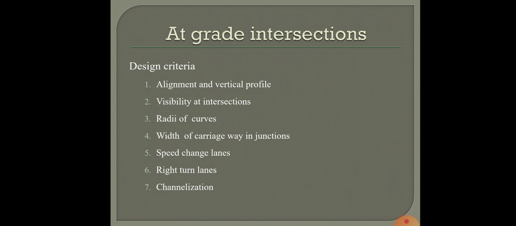Firstly, the factors to be considered in the design of intersections at grade. The major traffic factors that have to be considered while we design an intersection at grade are two main factors. Firstly, the speed, and then we have the maneuver area. So, what is speed or relative speed?